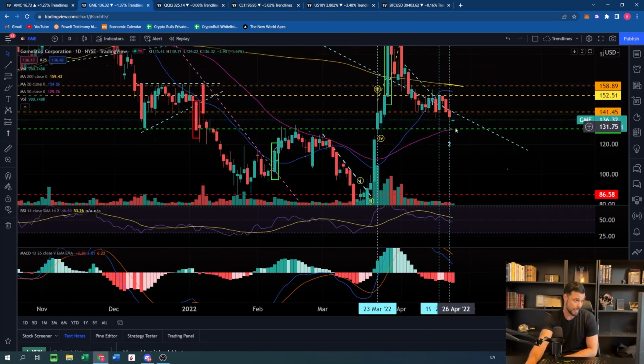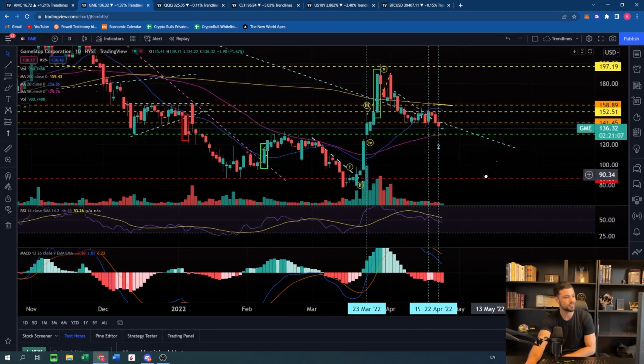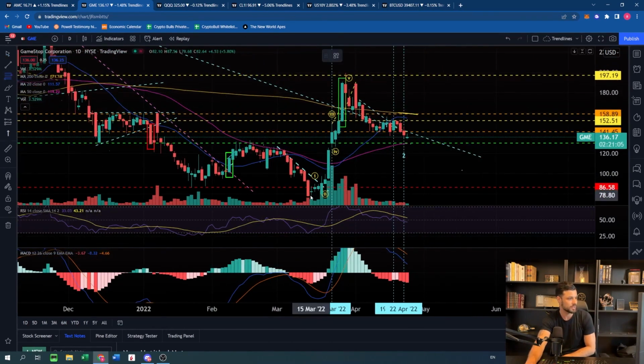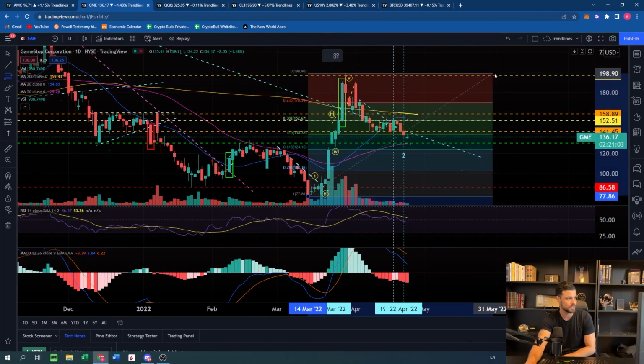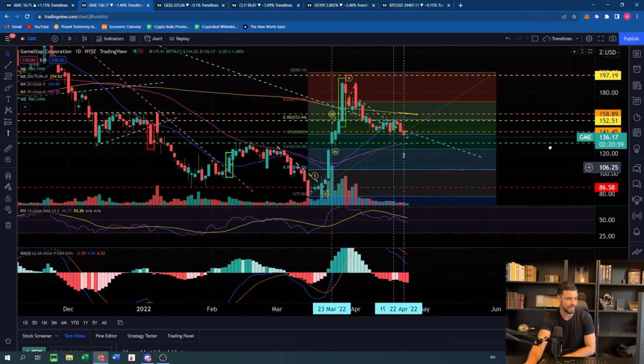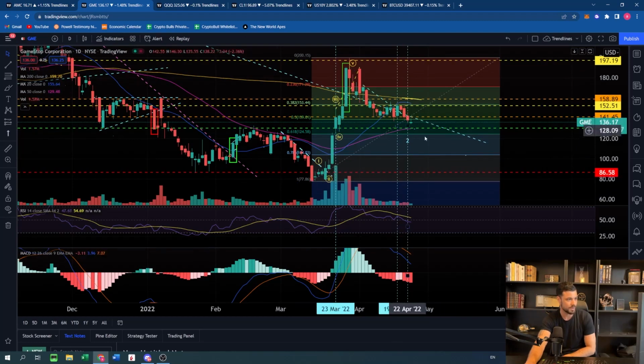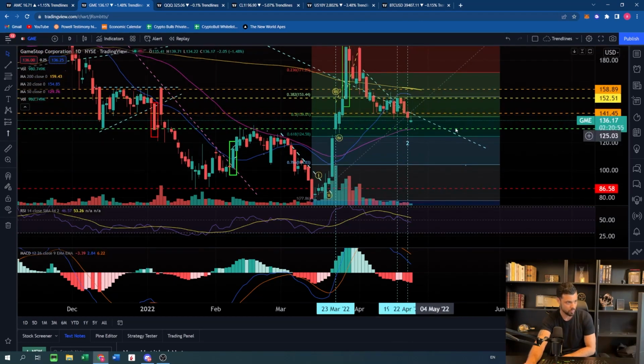So here, I have a double support at 130. So once again, this scenario makes sense to me. And once again, the 61.8 fib ratio is at 124. All right, so it's slightly below that. I would have liked to have it in the same area as well. It's a little bit lower. So let's see what happens, guys, here.